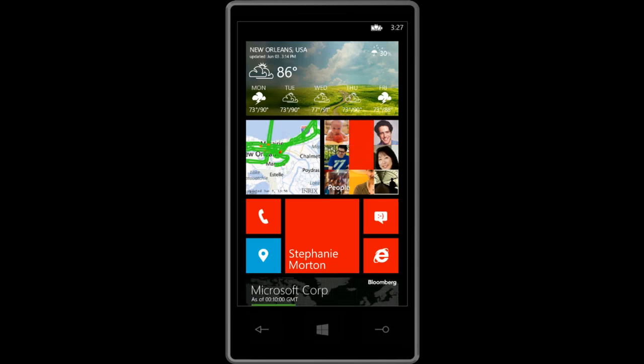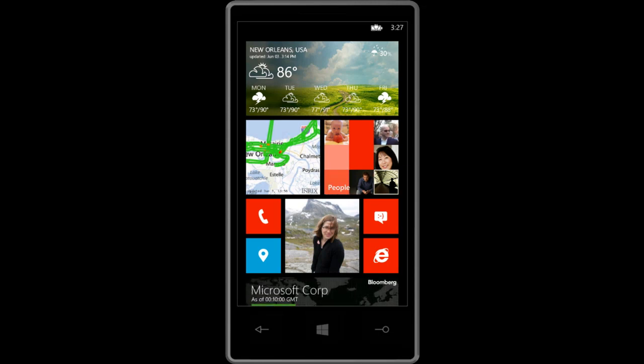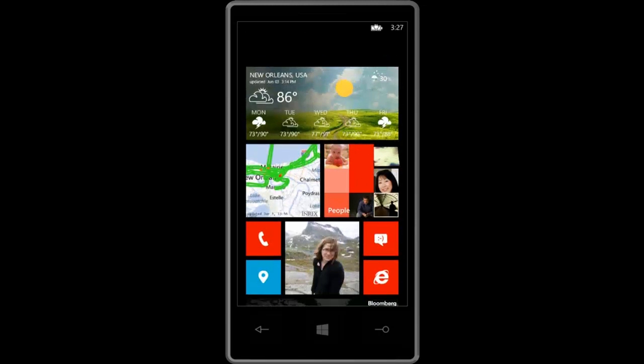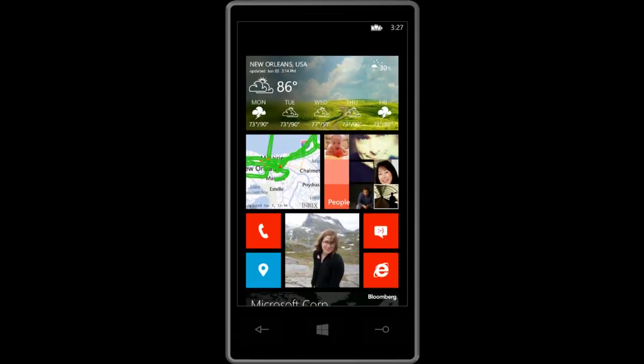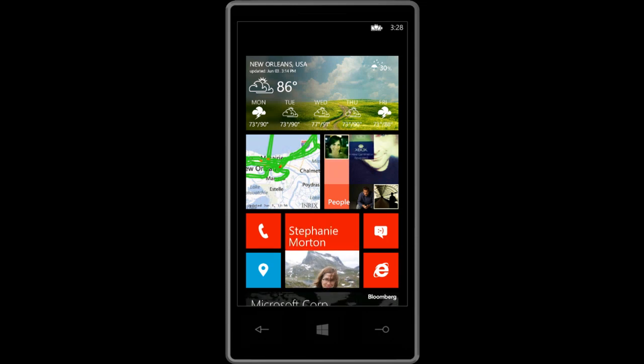Prior to Windows Phone 8, a developer could create any tile they want as long as they compose the bitmap for the image themselves in their application. And so that oftentimes meant a little bit of additional complexity if you wanted to compose something like what you're seeing in this weather tile here. In fact, that is an image that that developer composes as part of the background agent. So that's a little bit more of a challenging task.